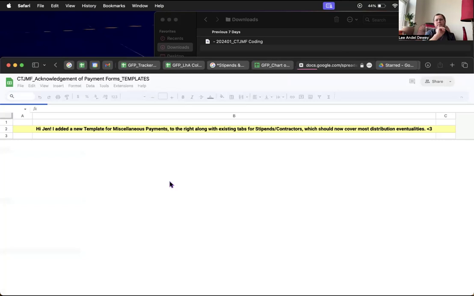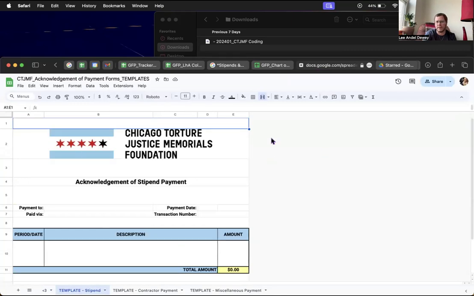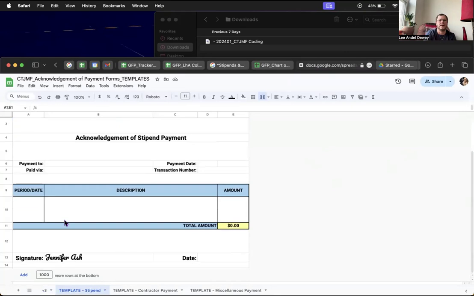So here's the template. And this is just like a cover page. So we've got for stipend payments out, they've got their logo, which is good to have on there. You've got your name and your address, which is sufficient. This just kind of makes it look professionalized. The name of the form, payment to. So you want payment to, the payment date,